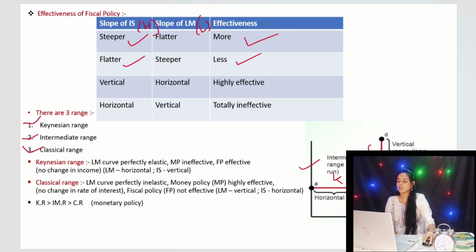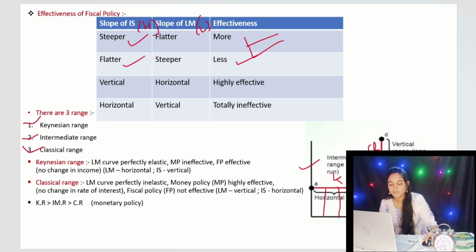classical range. In the Keynesian range, the LM curve is perfectly elastic, meaning the LM curve is horizontal, meaning flatter. So monetary policy is ineffective and fiscal policy is effective, and there is no change in the income. The LM curve is horizontal and the IS curve is vertical. And the LM curve being flatter means the interest elasticity of money demand is elastic. And the IS curve being flatter means the interest elasticity of investment is elastic